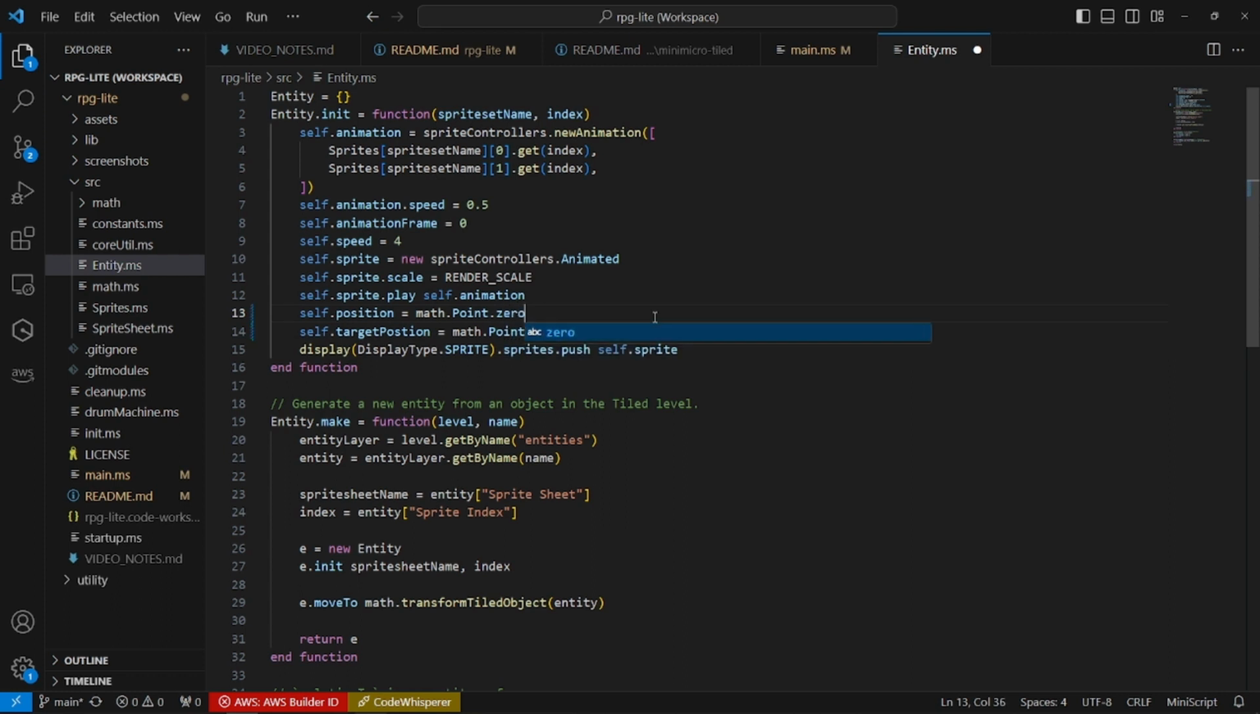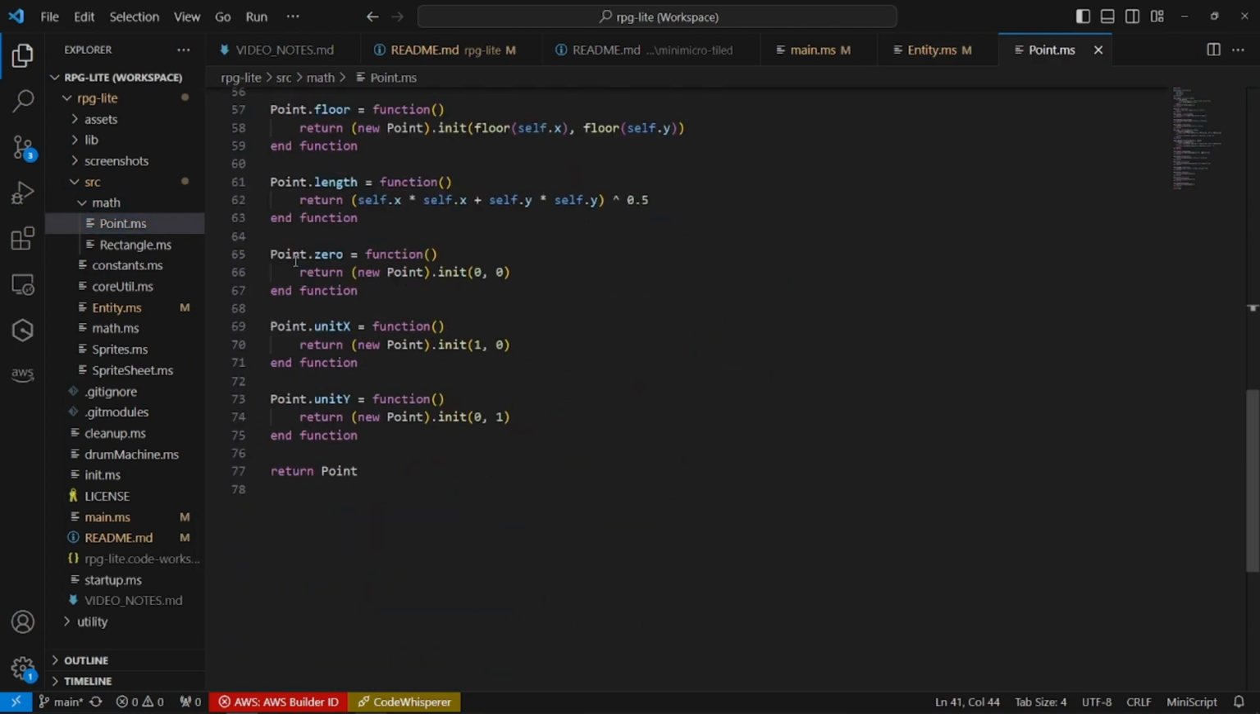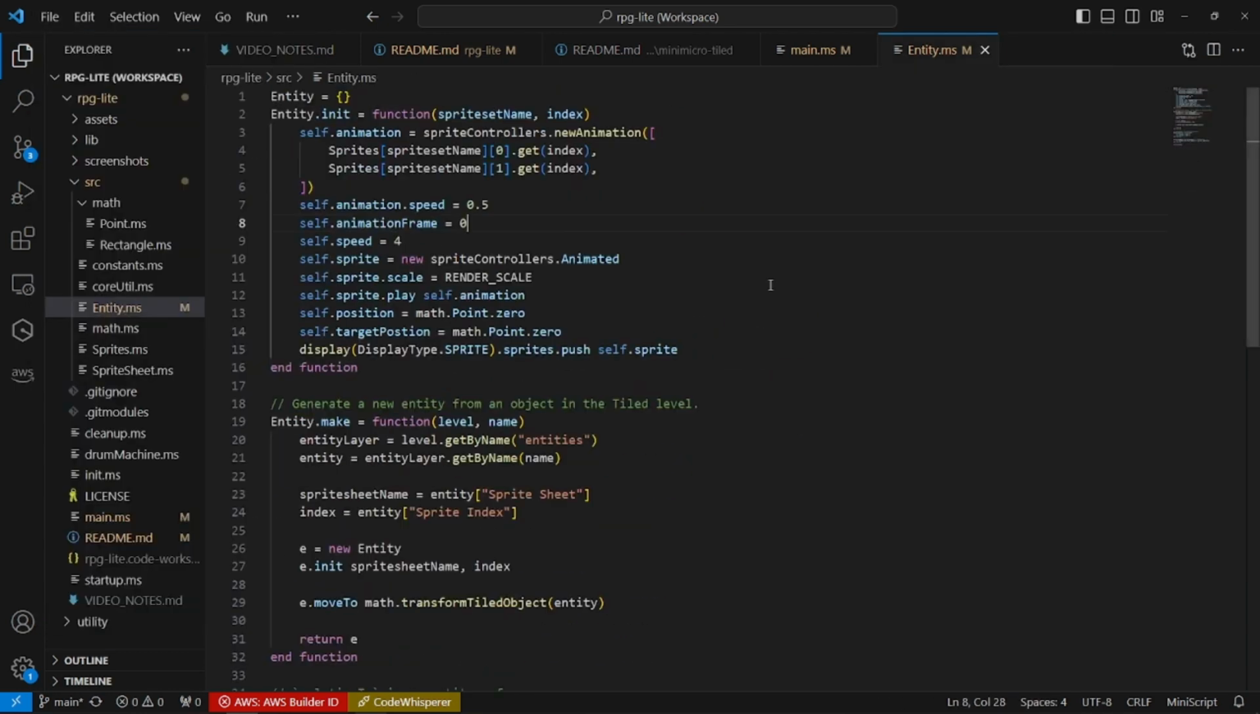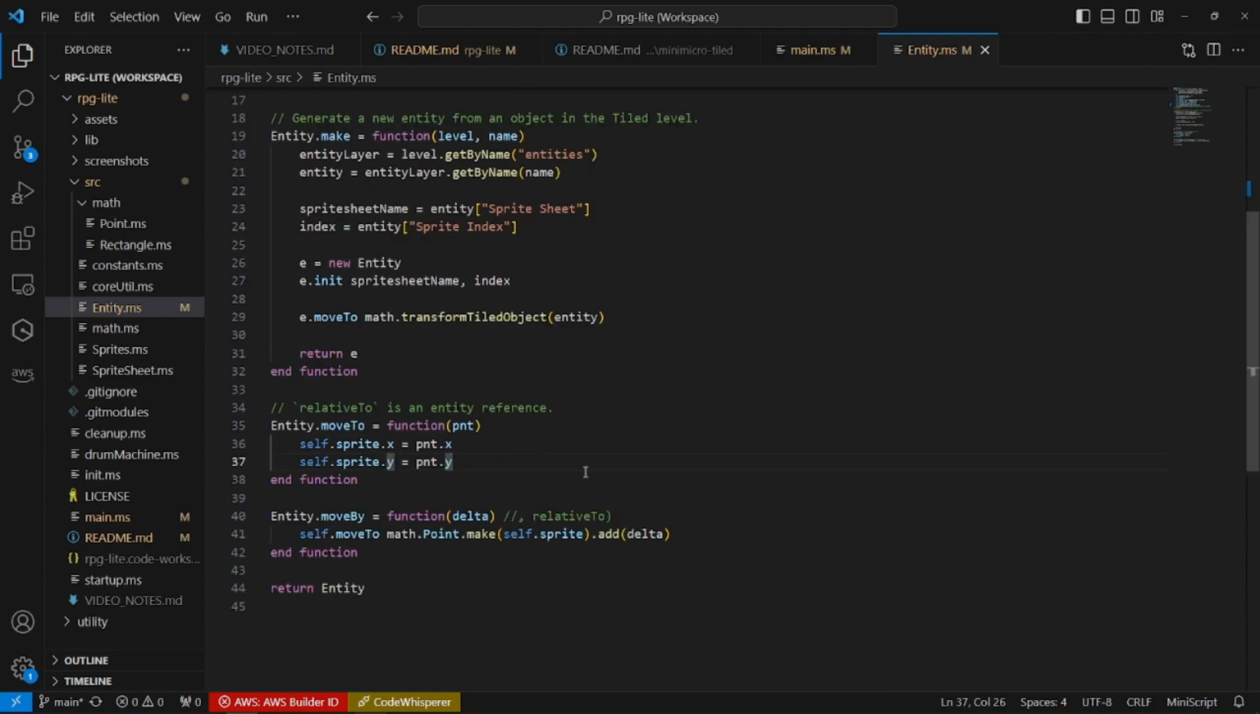Sure, we can do this. I think I added a 0 to the point class. Let me double check. Go to math, point, 0. Yeah, we're just going to use that. So, start position is 0, target position is 0. If you're going to do a move to,